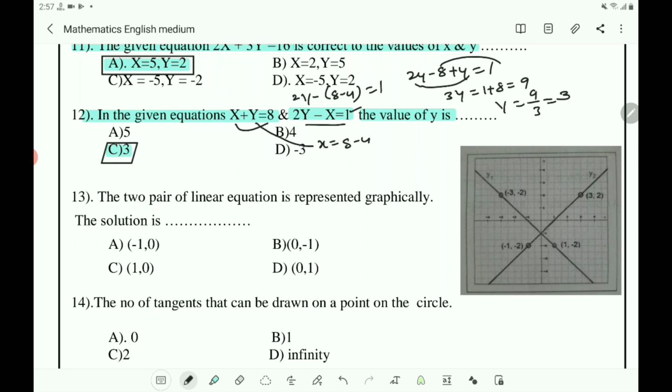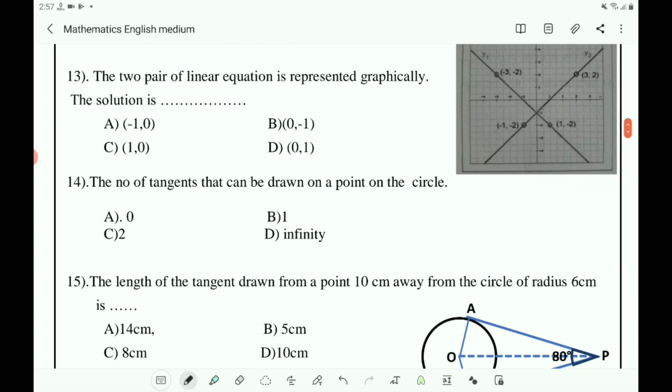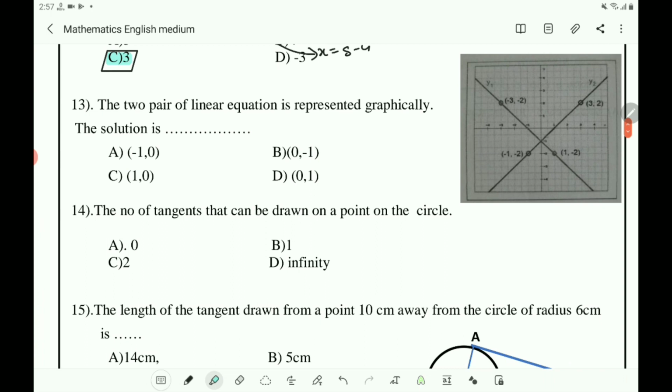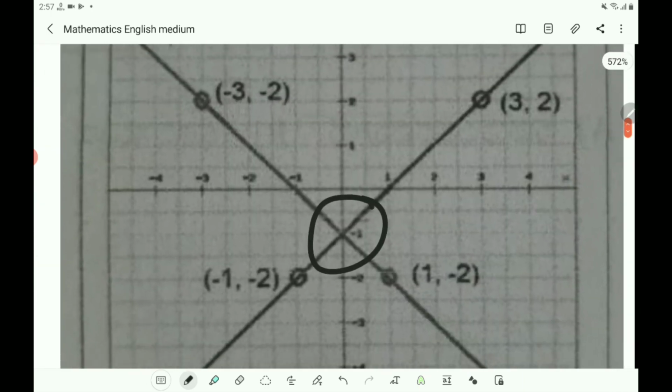First you take this equation and you convert this into x equals 8 minus y. Next you take the question number 13. The pair of linear equations is represented graphically. The solution is, here the two pairs of equations are given and they intersect at a point. Here you observe they intersect at a point. If you take this graph, here you observe